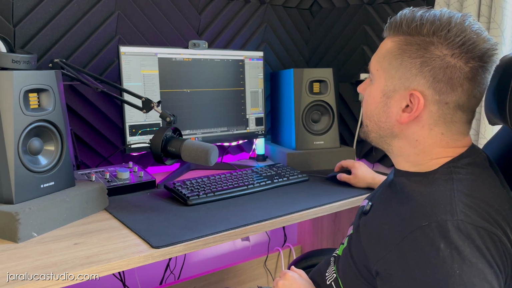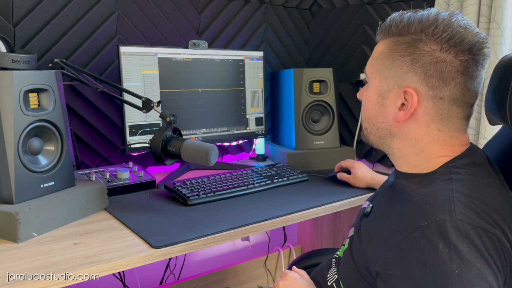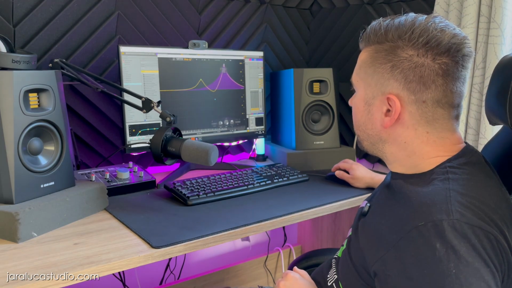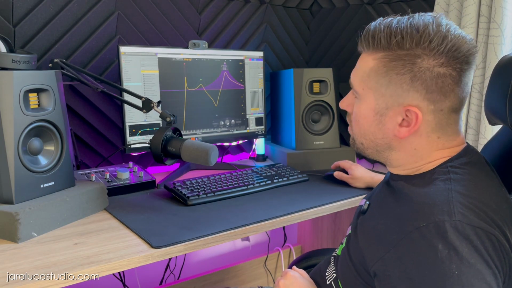What I want to say is to learn more about these effects. For example, EQing. What I see very often is some very strange cutting or boosting on a parametric EQ, something like this, like that.